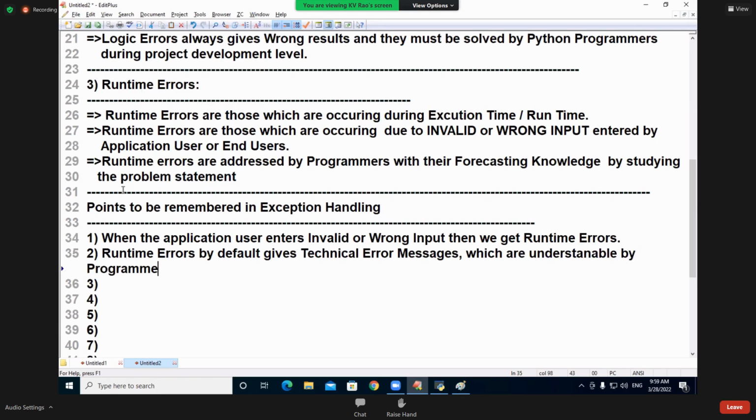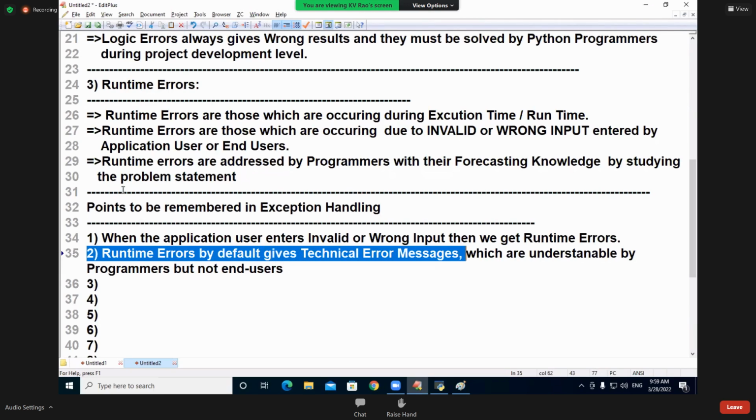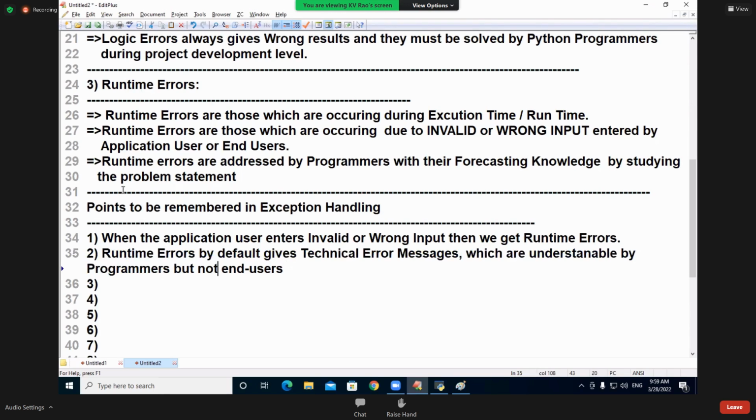Programmers, but not end users. Runtime errors by default give technical error messages which are understandable by programmers, but not by end users.